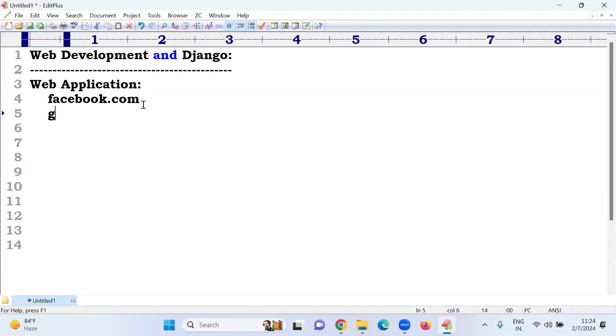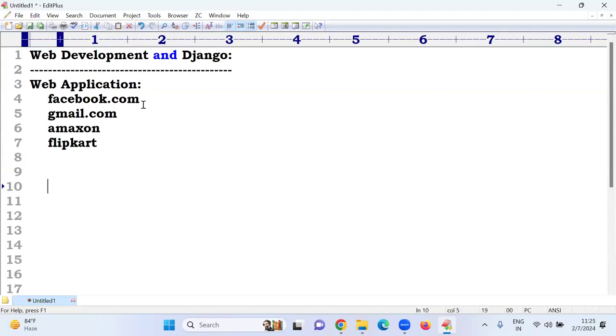Sir, now, web application means those things you know already: Facebook.com, Gmail.com, Amazon, Flipkart. Everyone asks, sir, do you cover any real time project? You go to any institute, not only Naresh, no one will cover real time projects. They tell just the heading only, that we are handling a real time project, one bank application, one HMS application like that. All are dummy projects only.